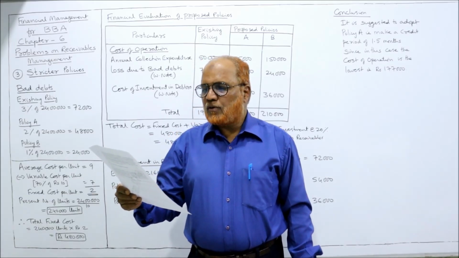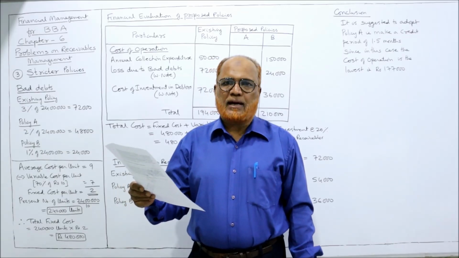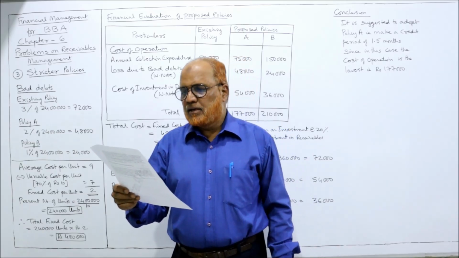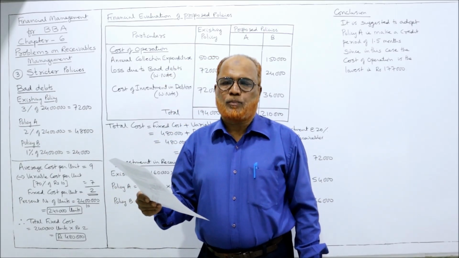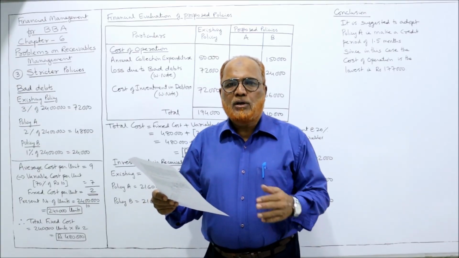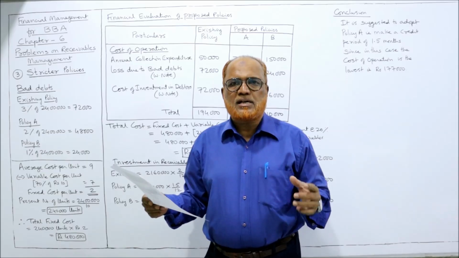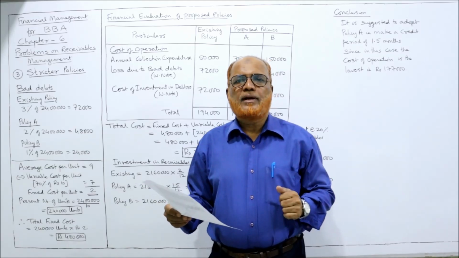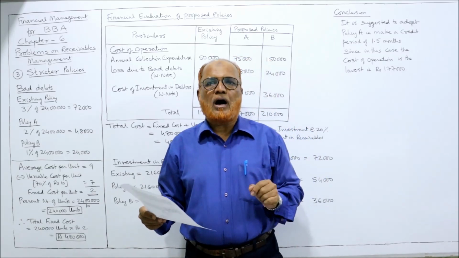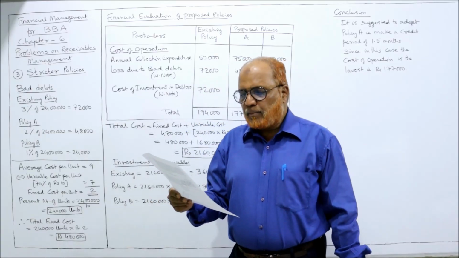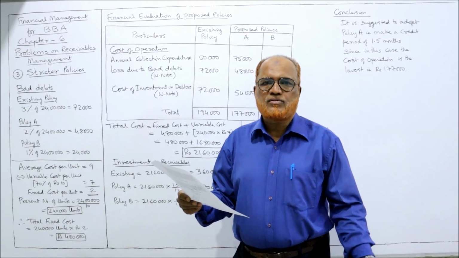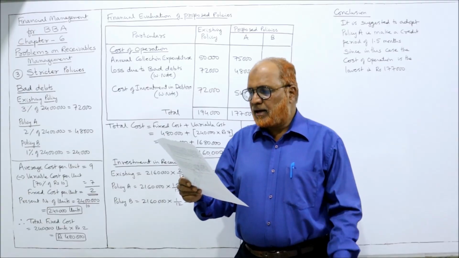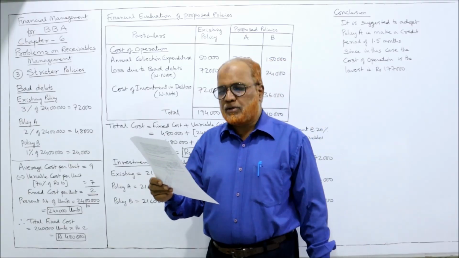The annual sales of a company are rupees 24 lakhs. So presently, the total sales revenue in 1 year is 24 lakh. Selling price per unit is 10 rupees. So how many units are sold? 24 lakh rupees is the total sales and selling price per unit is 10. So 24 lakh divided by 10, you will get 2,40,000 units sold at present. The variable cost is 70% of sales. Then average cost is 9 rupees per unit and required rate of return on investment is 20%.